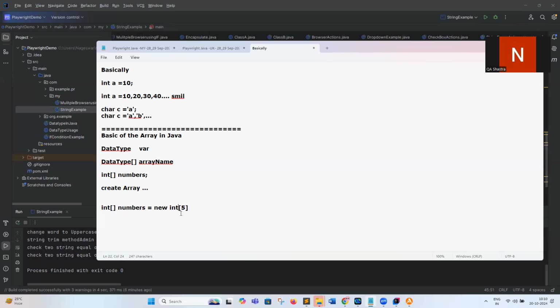Okay, so integer type. What does this mean? The array size is 5, so this particular array can hold 5 integer type values. Whenever you create this kind of object in memory, it will create